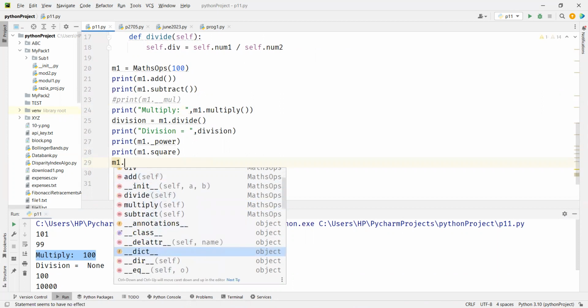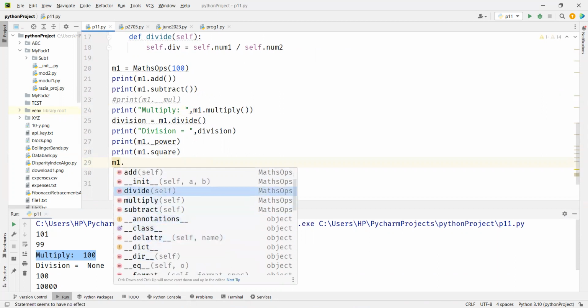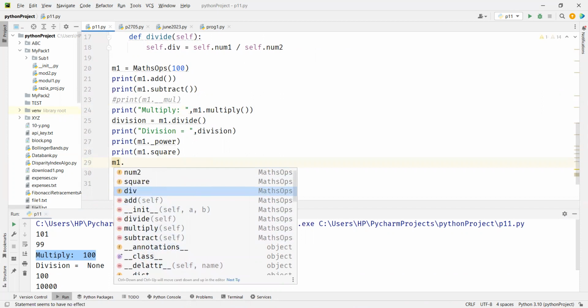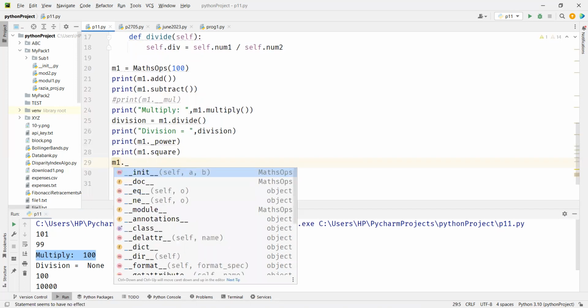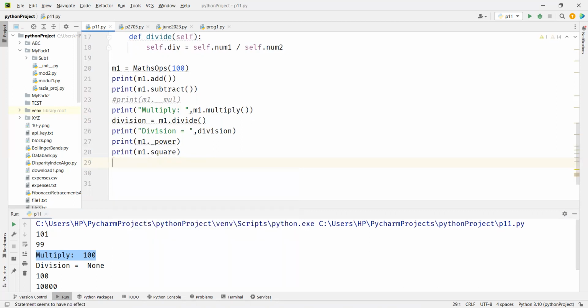But you won't be able to see double underscore mul. And you are not even able to see double underscore power, it is not shown. But you can call it. This is why we say protected